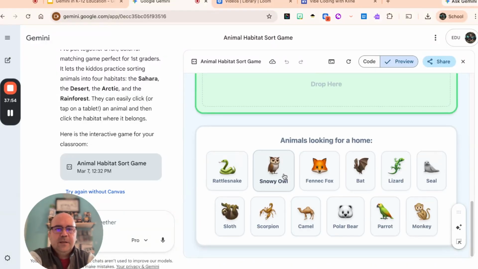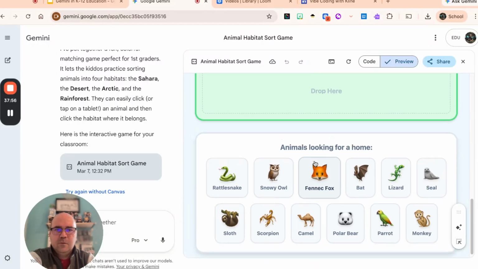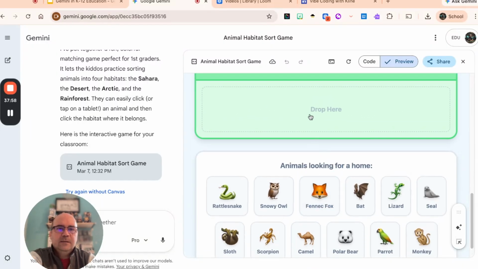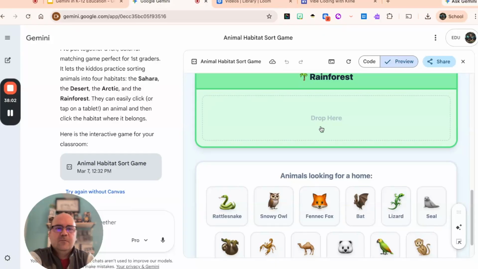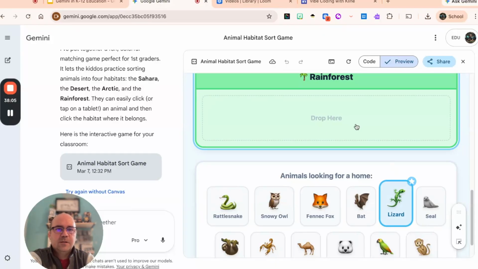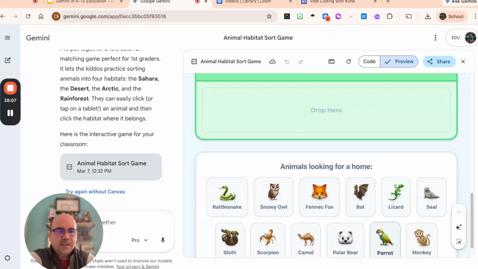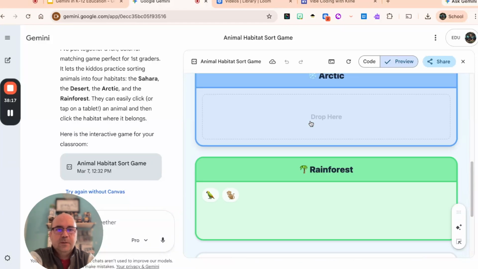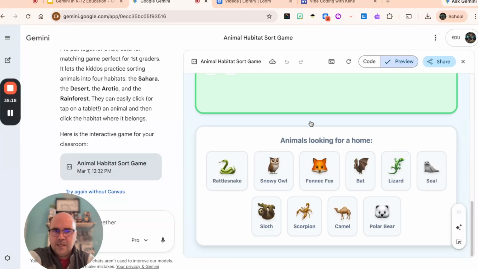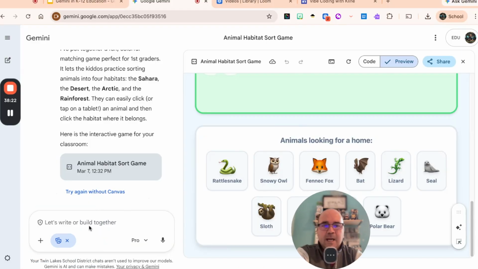So when I've been able to drag these before, and I've created this before, it actually let me drag it. Notice how it shakes the rainforest when it says no. So what if I put a lizard in the rainforest? Nope, not a seal. Okay, a parrot. Okay, I added that emoji here when I did it correctly. So that's cool. Let's put a monkey in here. All right, that's great. So this is one way you could do it, but it's not letting me actually drag and drop. So I need to tell it,